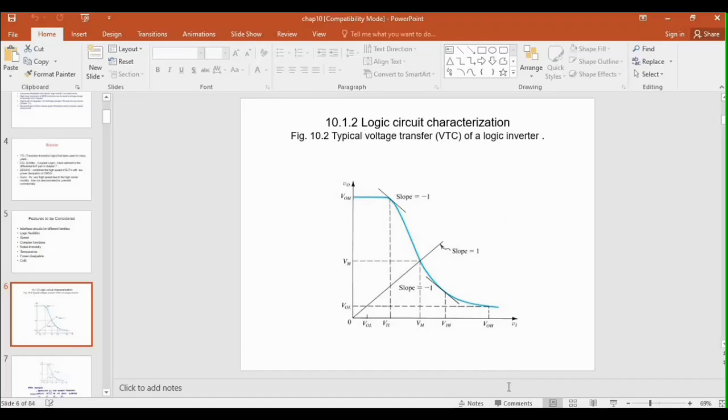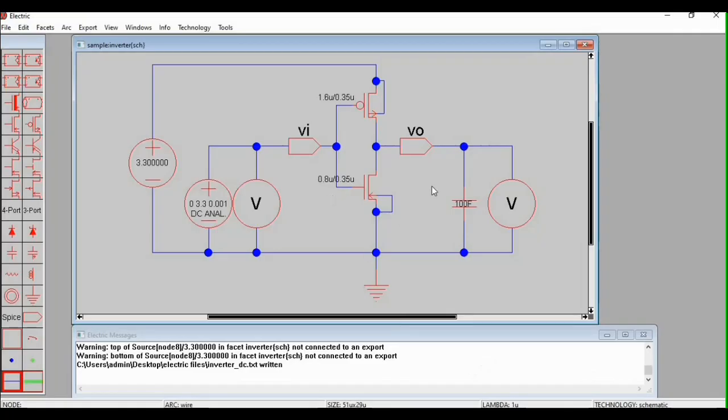So for now, let us try to simulate this circuit. So this is the same inverter that we've been doing for the past few weeks. For today, be sure that the values are 1.6 micro and 0.35, 0.8 micro, 0.35 for the DC analysis, 0 space 3.36 space 0.001.